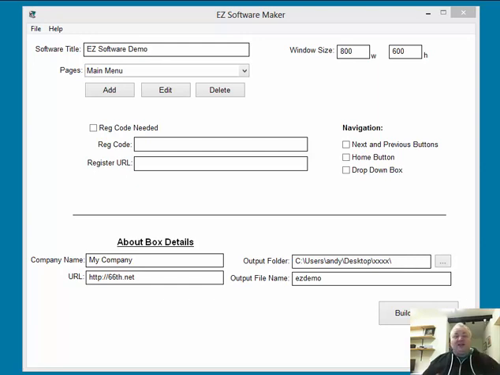Now, like I said at the beginning, easy software, simple software really sells, and you can use it just as a delivery mechanism for audio, for video, for information, or you can get clever and put other things in. And this is something that I've been asked for because I'm known for some of the software tools that I've put out there, things like Software Product Magic and iCurator, and people wanted something that gave a bit more flexibility in what you could do. Now, obviously, when you put flexibility in, you lose a little bit of the ease of use. But we've kept this as easy as we can.